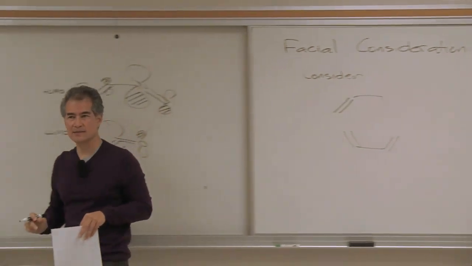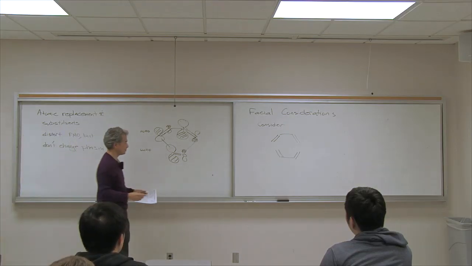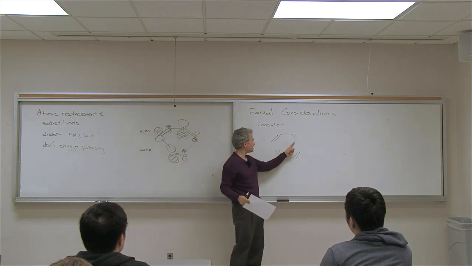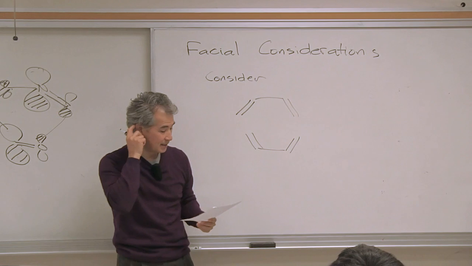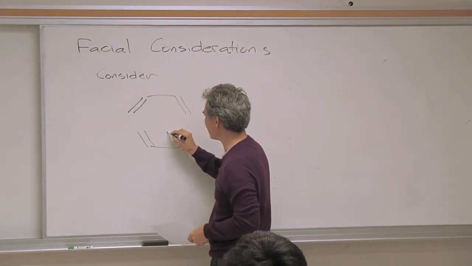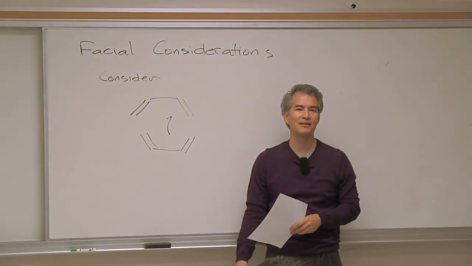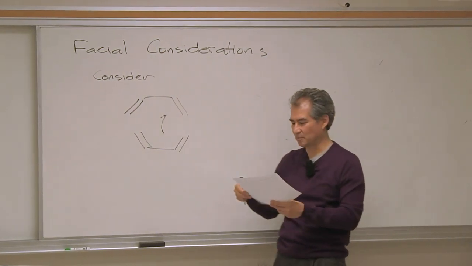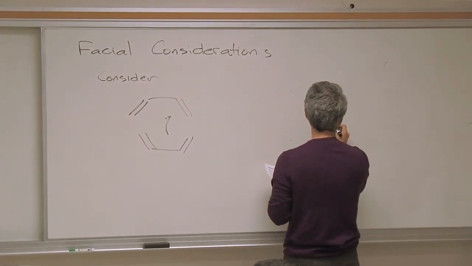So let's think about this as a pericyclic process. Two dienes coming, right? I can draw perfectly good arrow pushing that has arrows going all the way around in a circle in an octagon shape. I don't even know how to draw this arrow here. I just want to pretend we're using this as the nucleophile and that's the electrophile. So this is not like regular arrow pushing. So if the bottom one is the nucleophile, then I need to draw